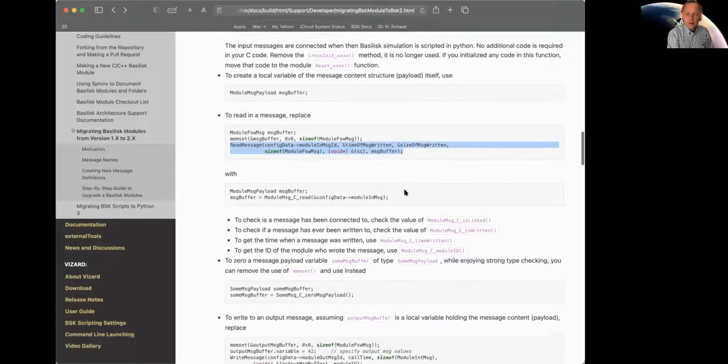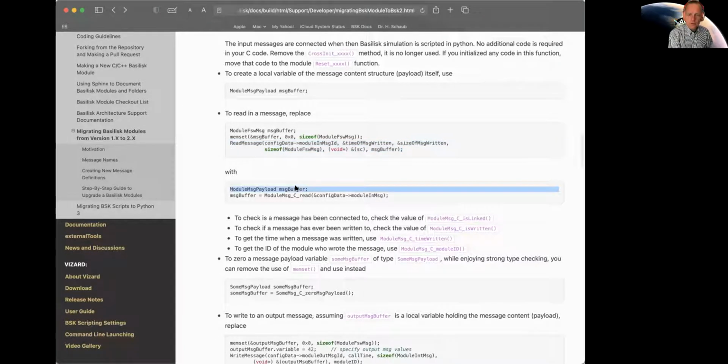Now that's going to be replaced with, the first step is the same, except here you will see we slightly changed the message name. It is now message payload instead of sim message or something, but that gives us that data structure. And now we want to read. So we use these wrapped methods called read. So attitude guidance message _C_read, and you give it a pointer to your input message, and it will go read from that one, grab the data, and give you a copy of the structure of that input